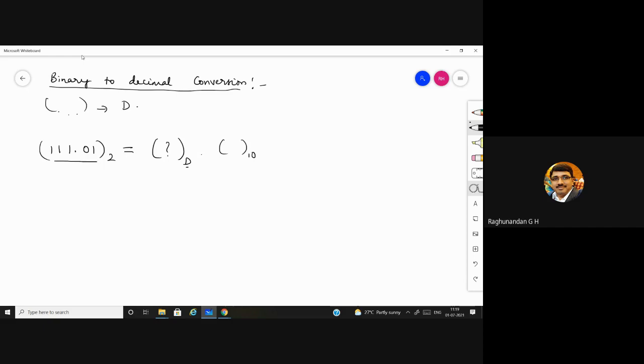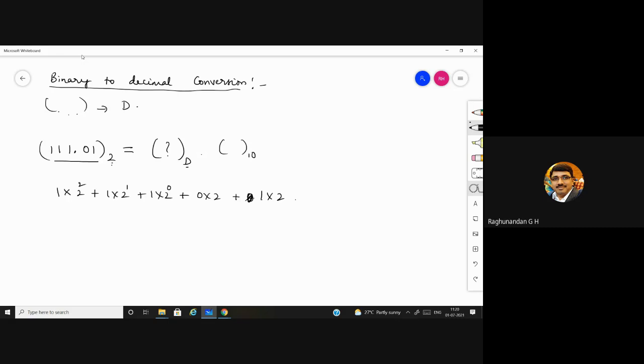So you should see the base, and you should understand that you need to convert into decimal. See, now the number system is binary. So now each number should be multiplied by 2, and after that you need to add it. So the procedure is 1 into 2, 1 into 2, 1 into 2 plus 0 into 2 plus 1 into 2. For the numbers which are before the decimal point or towards your left side, start giving the powers 0, 1, 2.